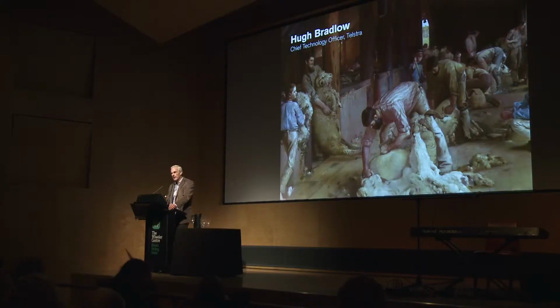You may wonder, why am I talking about a painting? But in fact, when I came to Australia, the first painting I knew about, other than a Nolan lithograph which I actually brought with me, was this painting of Tom Roberts. Why? Because at the time, the iconic research project in my field was to build a robot sheep shearer. I'm an electrical engineer, a computer engineer by training, and so this painting was kind of the hallmark of that project. Now, the project didn't succeed, but it was actually recognized that between the time that Roberts painted this picture